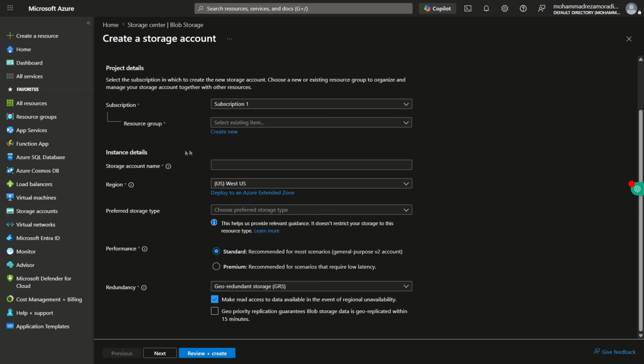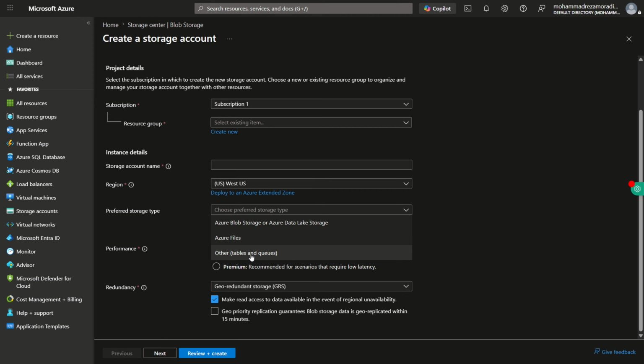We can choose our subscription, also a storage account name. So here, Azure Blob Storage is commonly used for backups, files, logs, media content, and also application data. Azure Files provides managed SMB file shares, and tables and queues are commonly used for NoSQL storage and also asynchronous